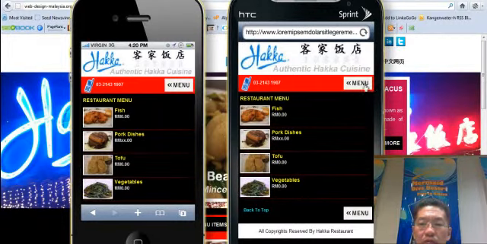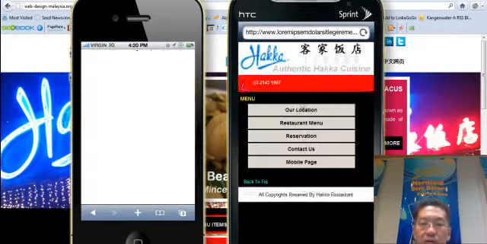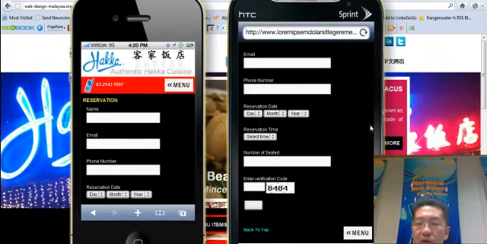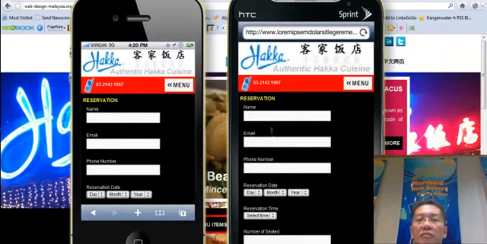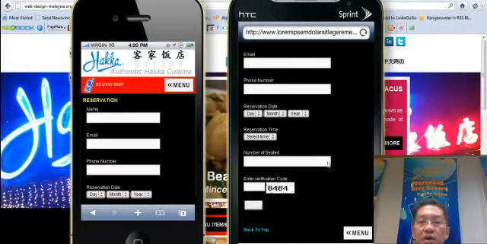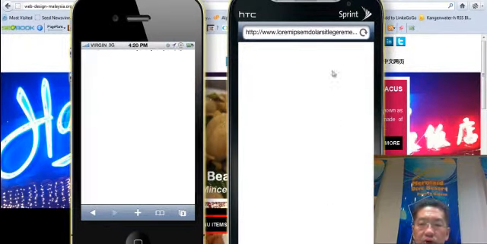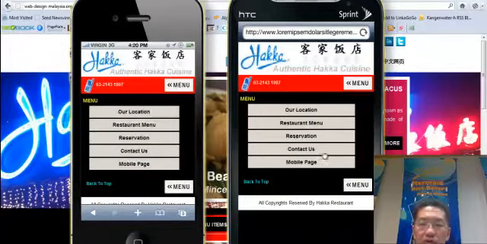This is just a mock-up. All of these can be revised. There are reservations, name, email, and so on, and you will receive it on your end. So this is a mock-up, and if you don't like this design, it can always be customized